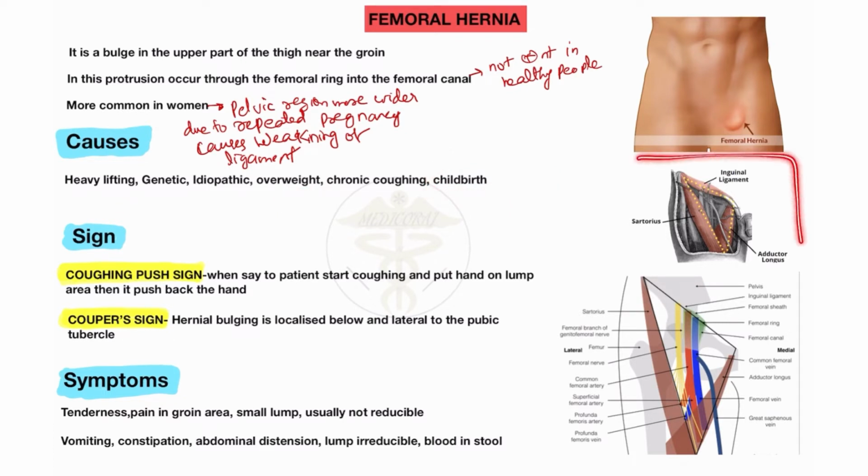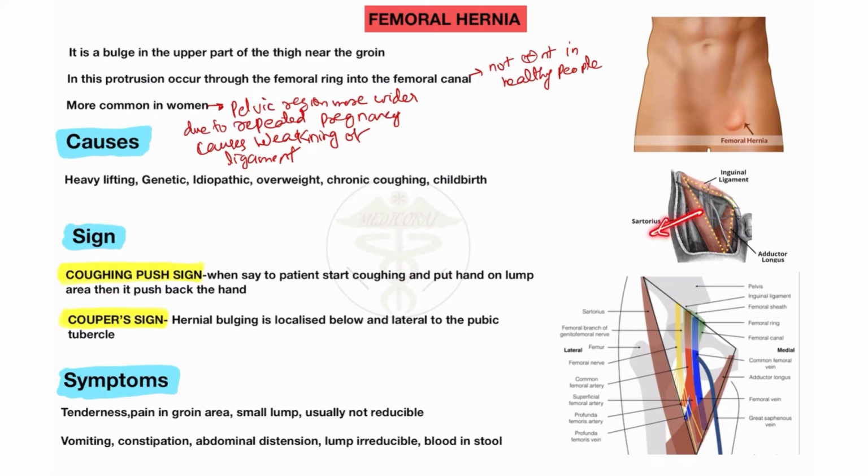This is the femoral triangle, because as you all know, femoral hernia occurs in the region of the femoral triangle. Sometimes in examinations, we also need to note the boundaries of the femoral triangle. So this is the femoral triangle present in the femoral region. First of all, the base of the femoral triangle is formed by the inguinal ligament. Please learn, the base of the femoral triangle is formed by the inguinal ligament.